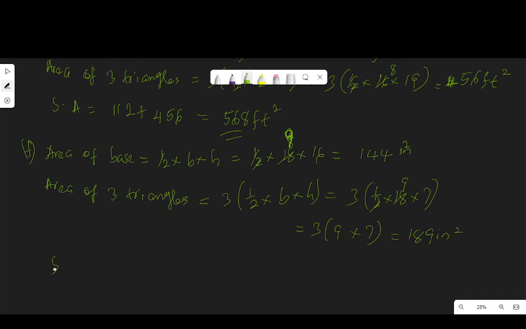So the surface area of the pyramid will be the area of the base, which is 144, plus the area of the three triangles, which is 189. 144 plus 189 is 333 inches squared. And that brings us to the end of that